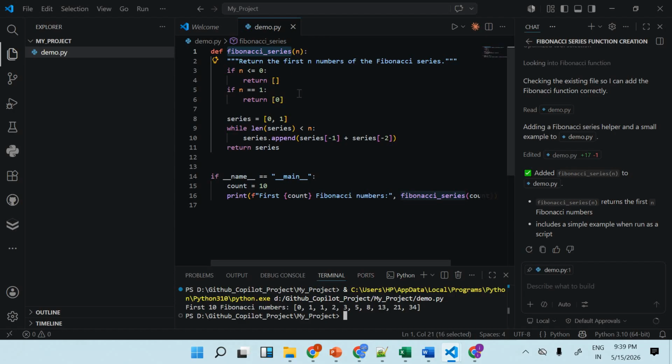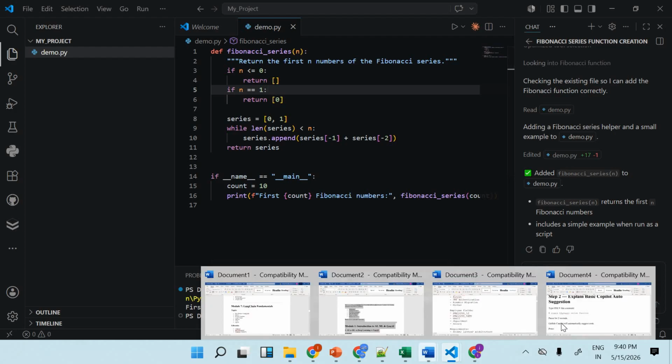So you can see, right, I did not write even a single line here. I just gave the prompt, and with the help of the prompt GitHub Copilot has generated the code. That code is in my VS Code right now, so you can understand the logic. It's the same thing you do with ChatGPT or any other AI tool, where you write the prompt there and copy and paste into a file, right? But here GitHub Copilot directly gets the code and keeps it in your VS Code. Now let's understand one more prompt